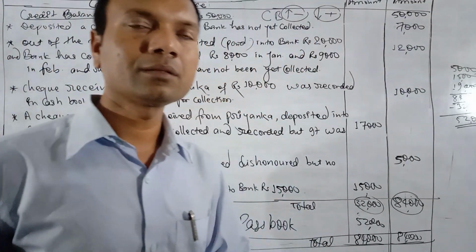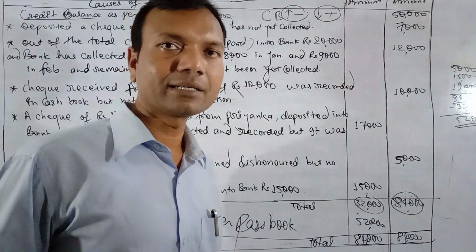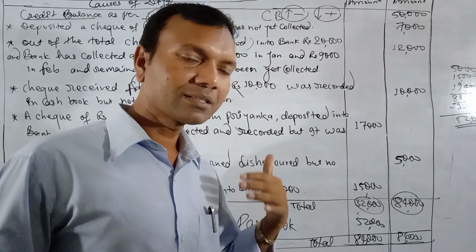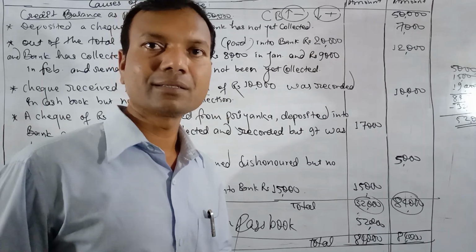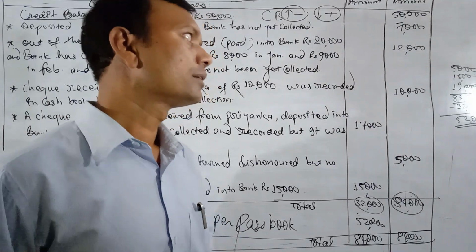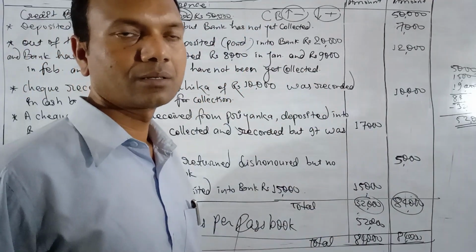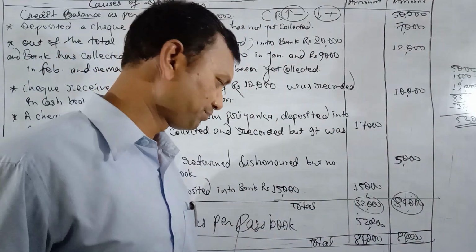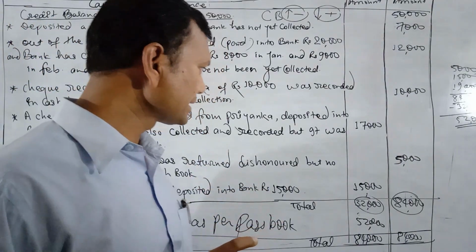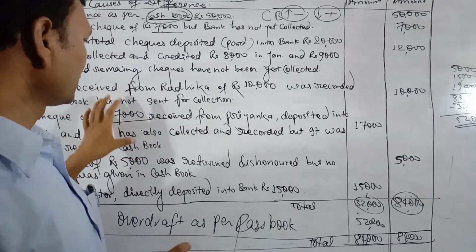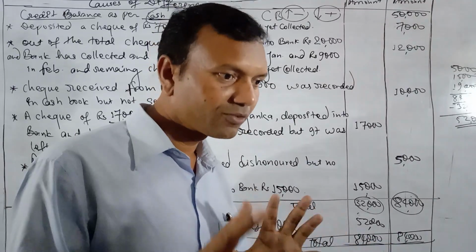Today we discussed the transactions related to check deposit. We deposited the check, and many causes of difference were created, and we learned to adjust them when we start with the cash book. In the previous chapter, we discussed check deposit. In this video, we discussed only the transactions related to check deposit. In the next video, we shall discuss some different questions.